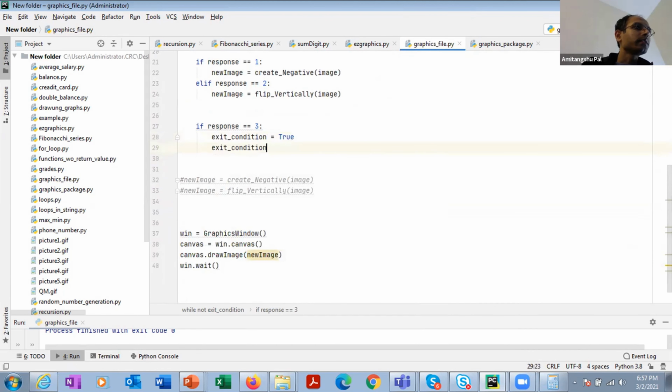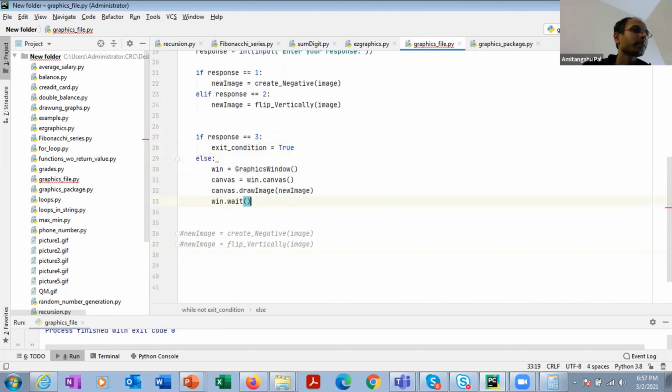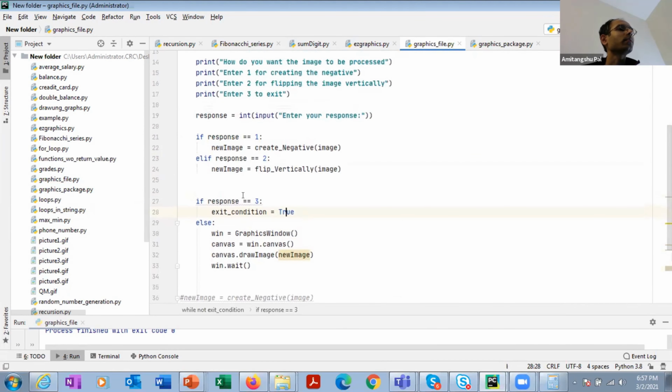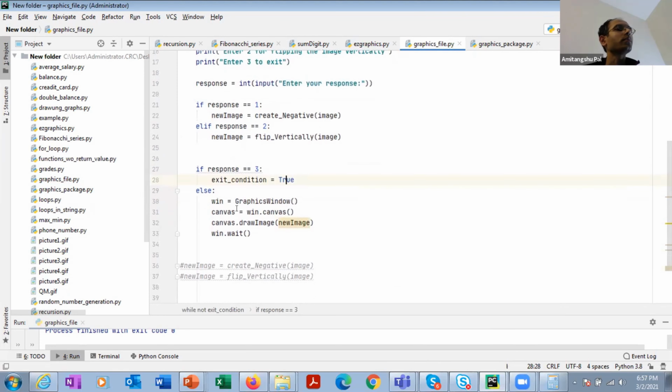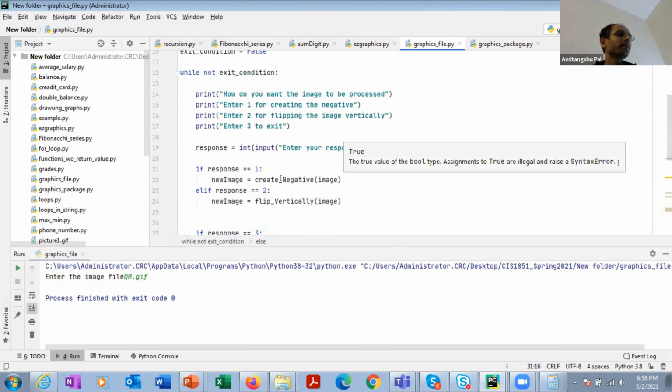So else you need to plot the new image. That's it. Okay. If you press 3, it is not going to plot anything, it will come out of the loop. Otherwise, in all the other cases, it is going to plot the new image. Okay. So in this way, I am basically trying to make the program a little more interactive.